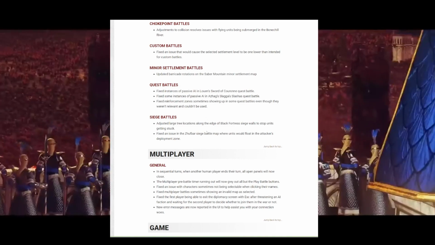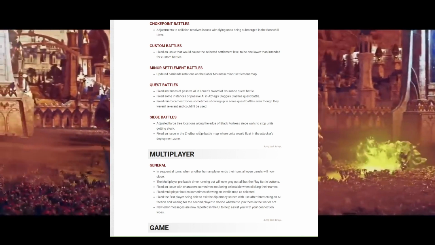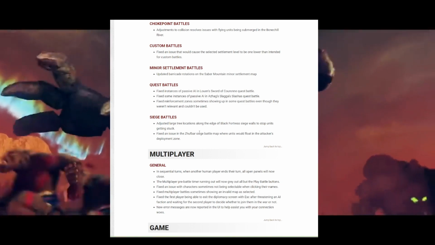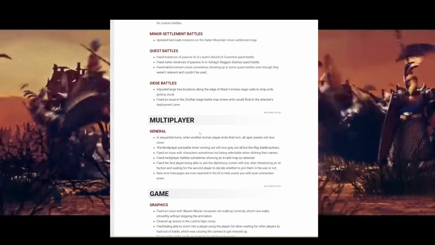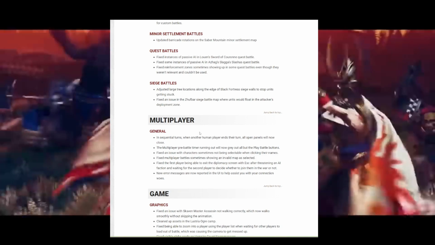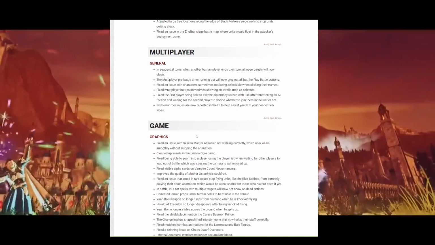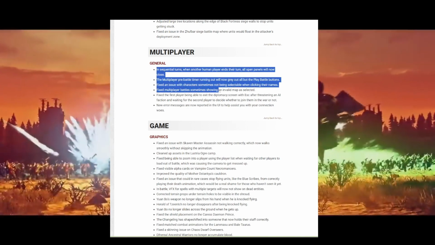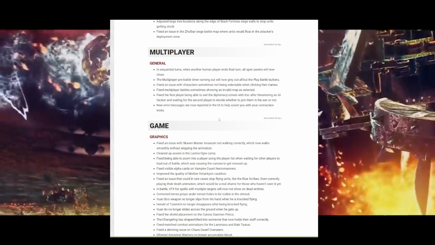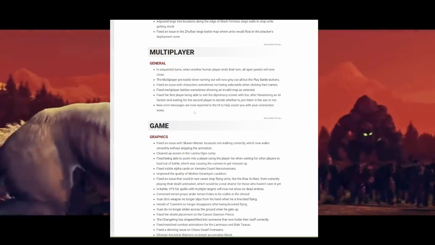Adjusted large tree locations from the edge of the Black Fortress siege walls to stop units getting stuck. Fixed an issue in the Zufbar siege battle map where units would float in the attacker's deployment zone. That's weird. Multiplayer, I'll let you guys read the multiplayer stuff. I don't play multiplayer. Well, I mean, I play multiplayer campaigns every now and then, but I never finish them,